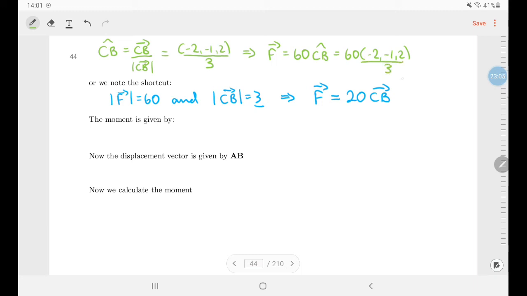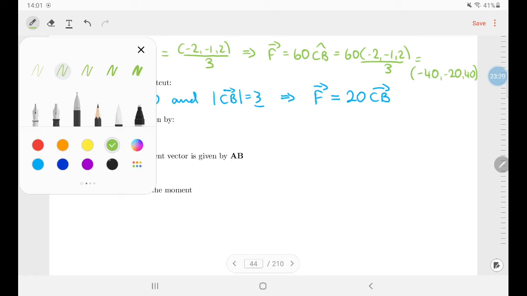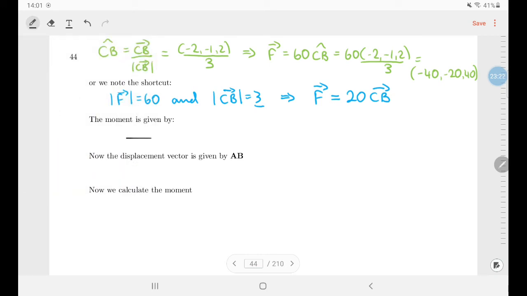And the 60 divided by 3 gives me 20. And so I end up with 20 by minus 2 is minus 40, 20 by minus 1 is minus 20, and 20 by 2 is 40. And of course, you get the same answer if you do 20 by CB. So the moment we know is equal to,